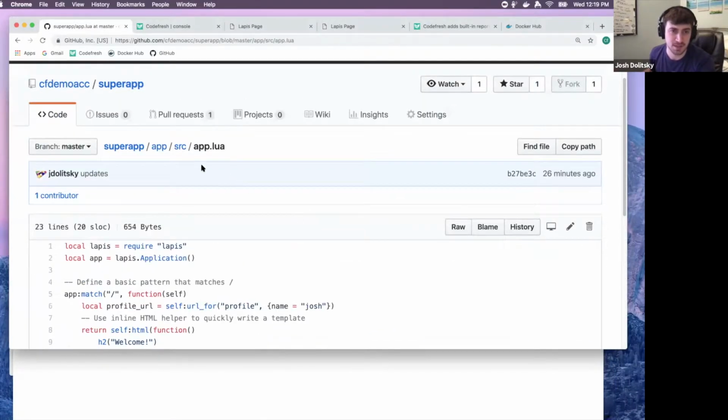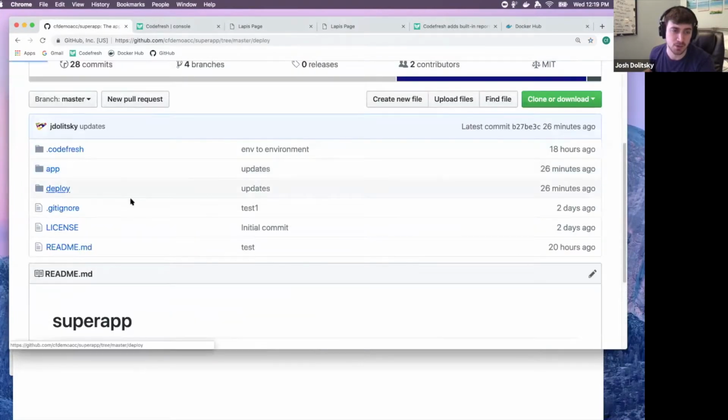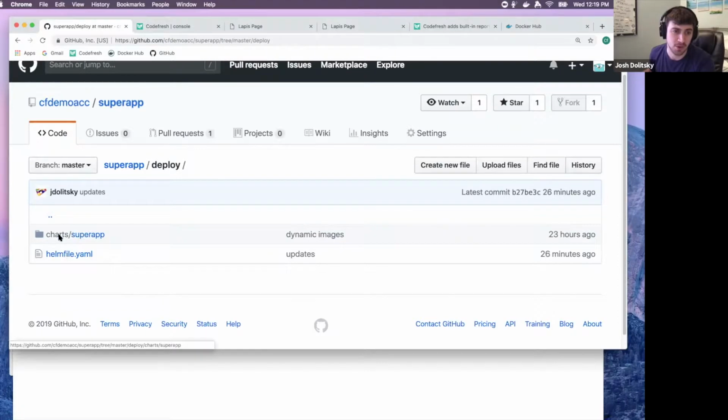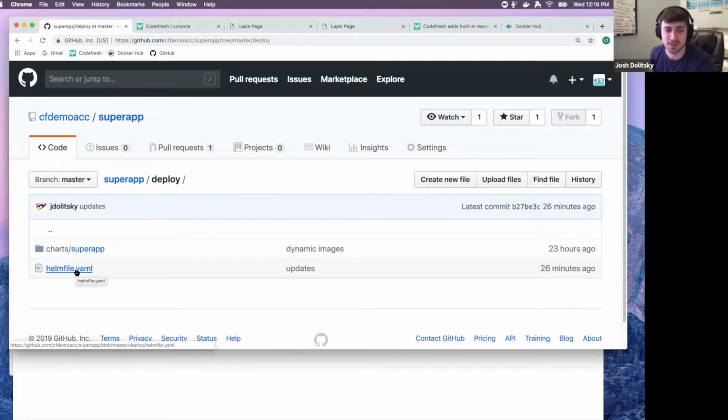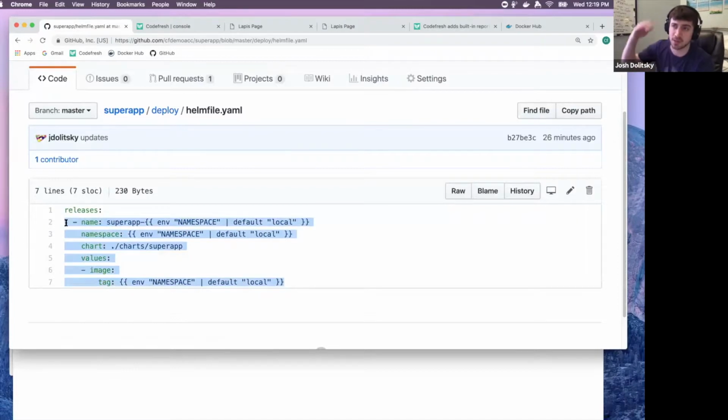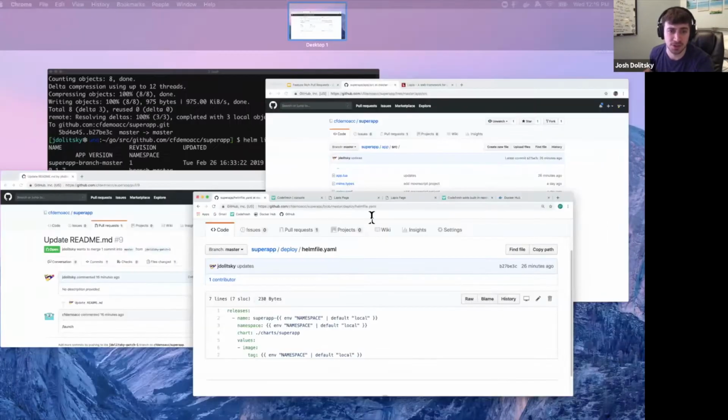But this is the app, and then in the deployment folder, we have a Helm chart called Super App. We're going to use Helmfile to deploy this. Helmfile is a really interesting project. It allows you to put an array of all of your different releases that you want in the environment, and it also has support for environment variables. So we can use this one Helmfile to deploy an environment based on that namespace variable. It also has defaults. So if I'm running this locally, for example, which I'll show you here,